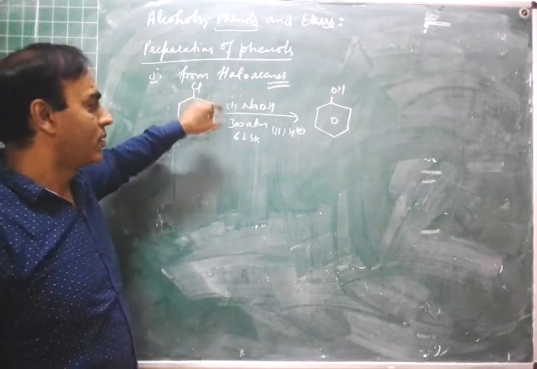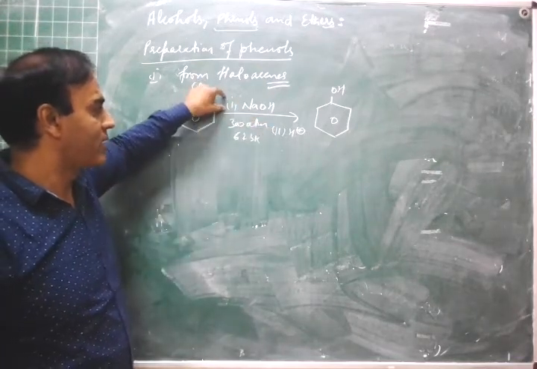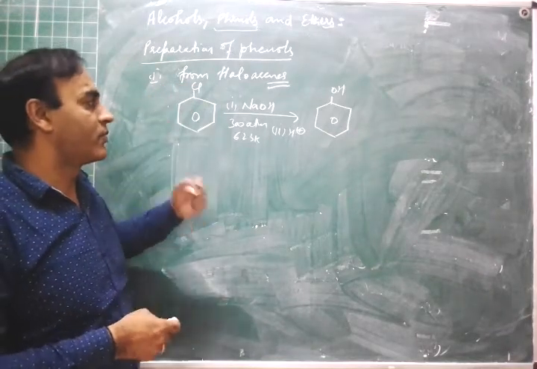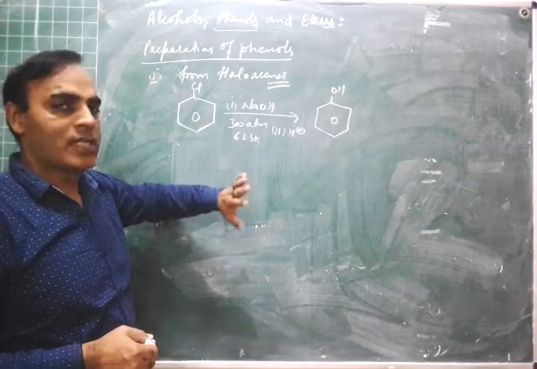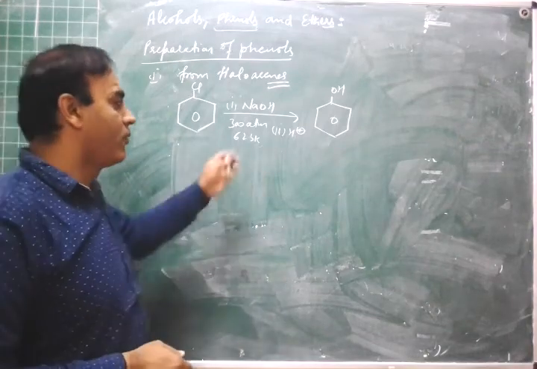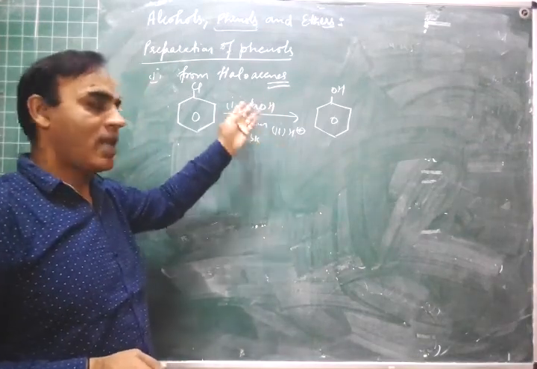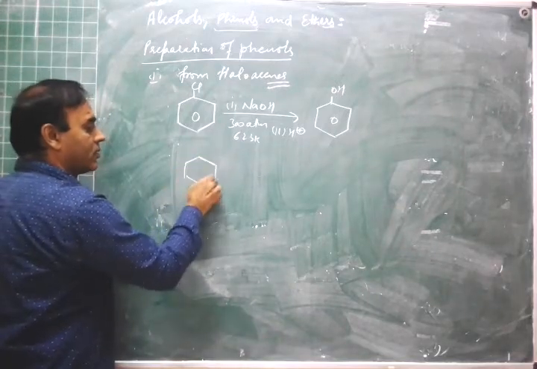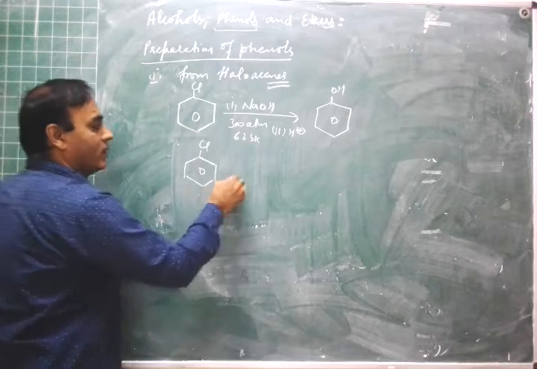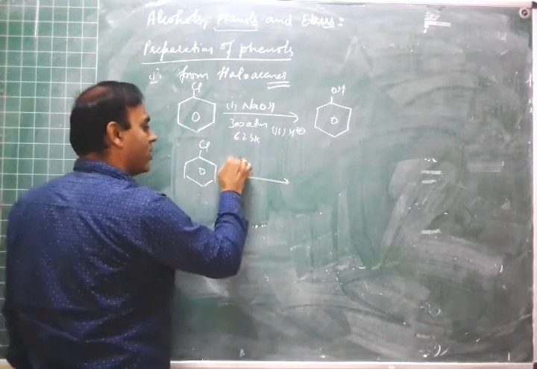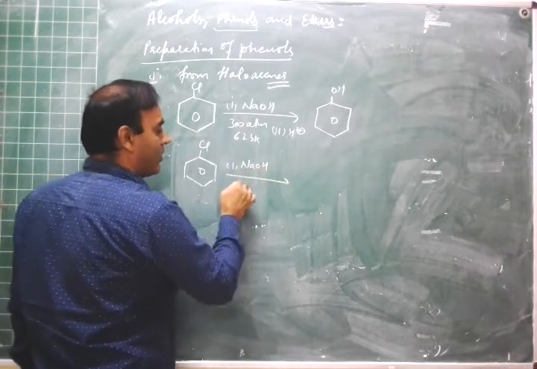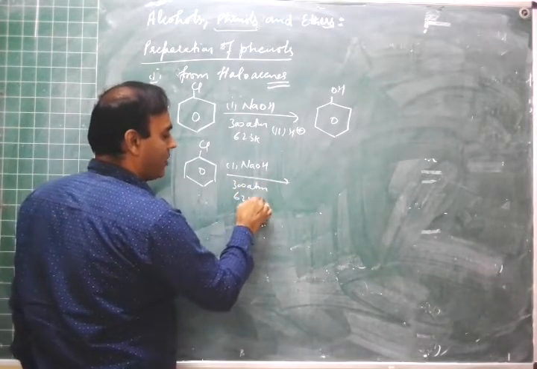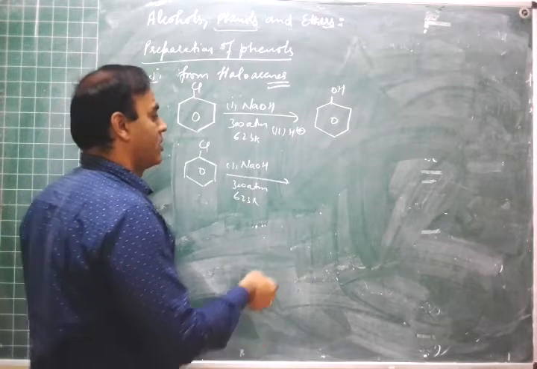So the first and second steps show that the first reaction is with NaOH, and the product which is formed is then reacted with H plus ion. Now we can show this in separate parts also, like this. Here I write chlorobenzene and then reaction with NaOH at high temperature and pressure, that is 300 atmospheric pressure and 623 Kelvin temperature, right? So this will give